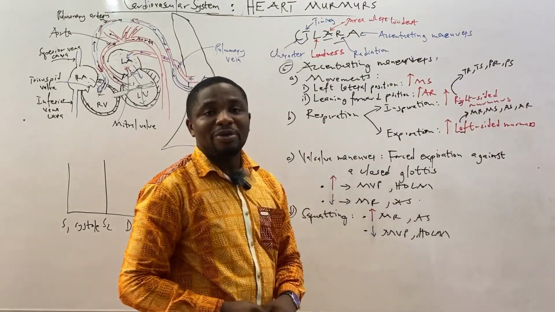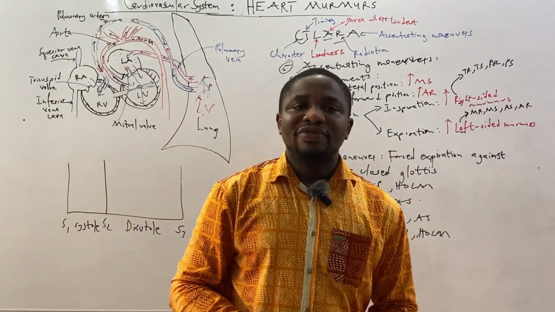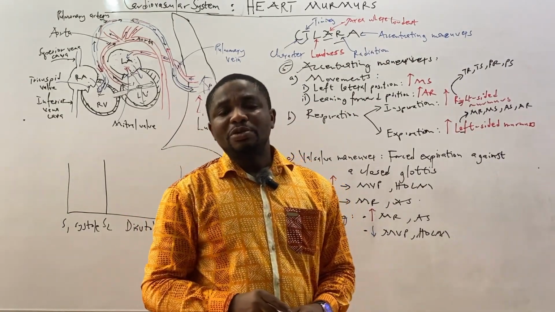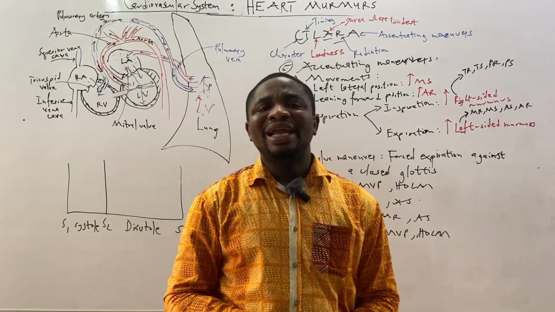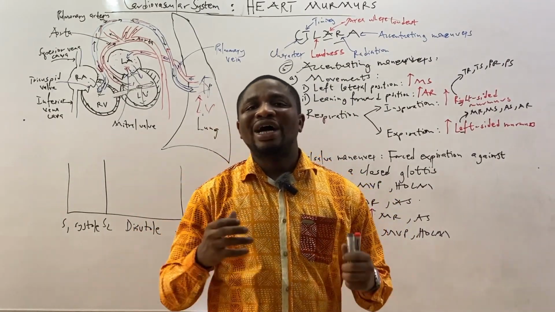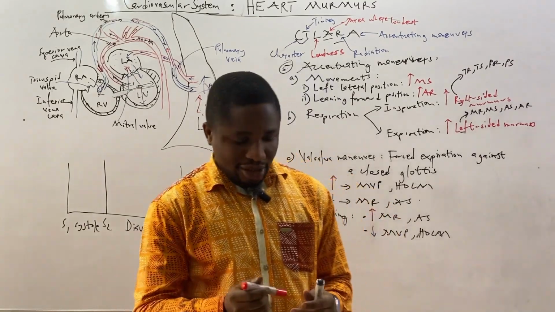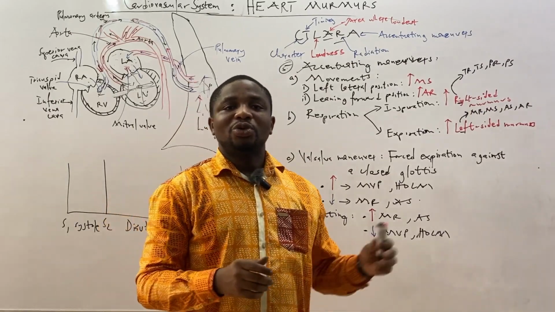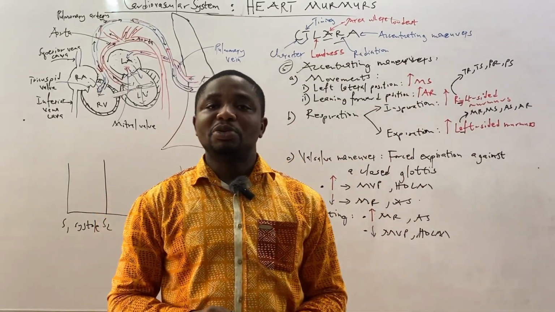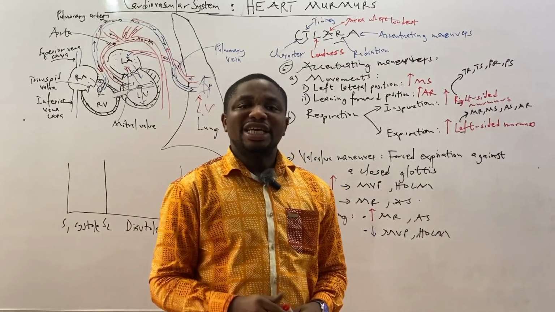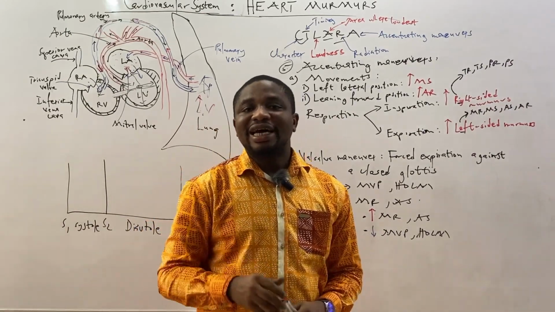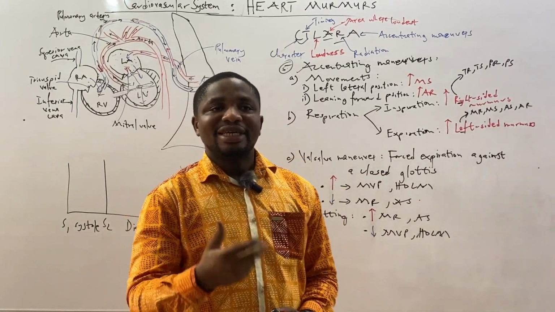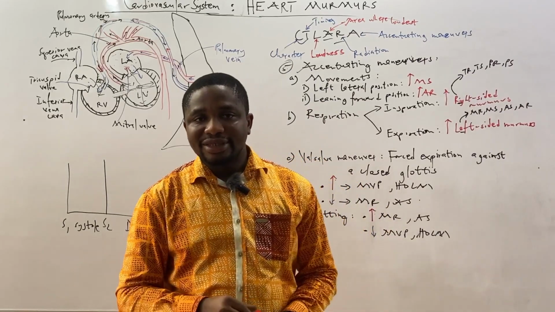That will be the process of respiration. We know respiration is made up of two phases. We have the inspiration and the expiration. You should know that the inspiration increases blood flow to the right side of the heart. If you want to remember easily, remember right. R-I. I is the second letter after R. So right, meaning R-I, we are talking about inspiration. So on inspiration, there is increased blood flow to the right side of the heart, and by so doing increases the turbulence, increases the loudness, or accentuates the murmurs of the